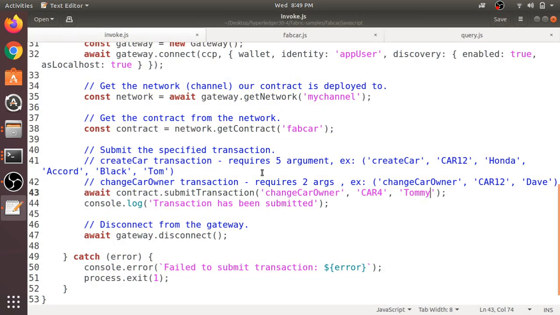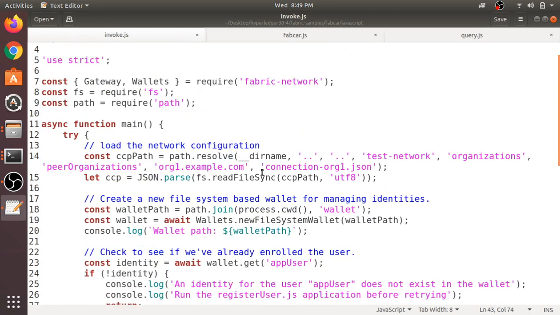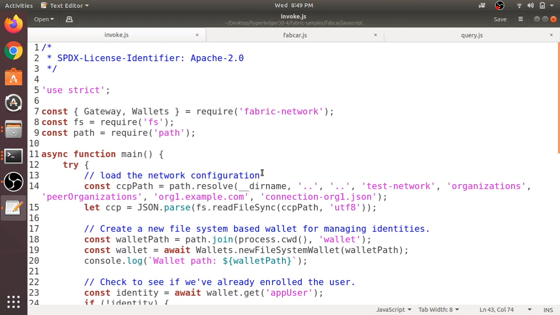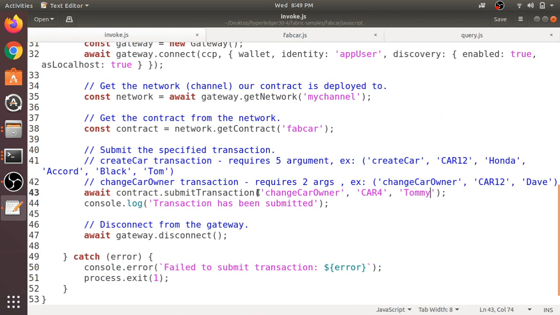You can add any number of functions into this query.js file and retrieve the data, and if you want to submit, you have to use the submitTransaction function. In the next video, we can create an API for these functions. There we can use our browser or any API calling application like Postman, or with the help of curl we can retrieve this. The same data can be retrieved, or updated, using the API. So let's see in the next video.